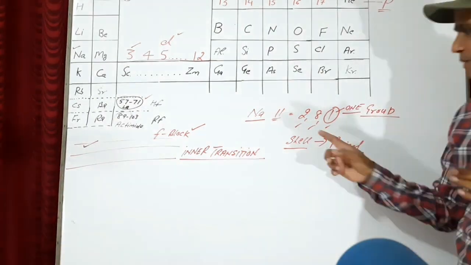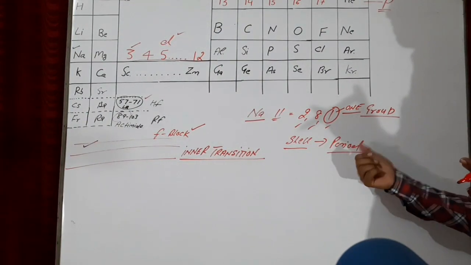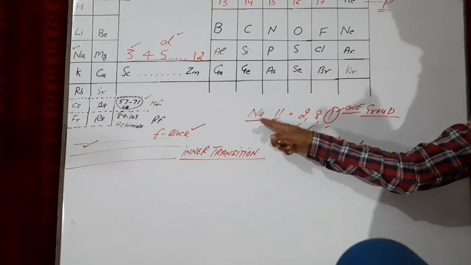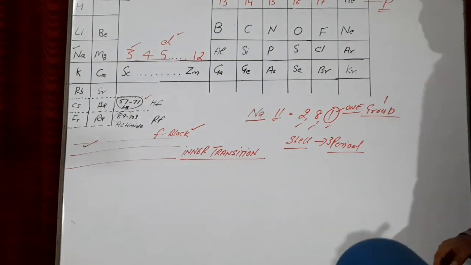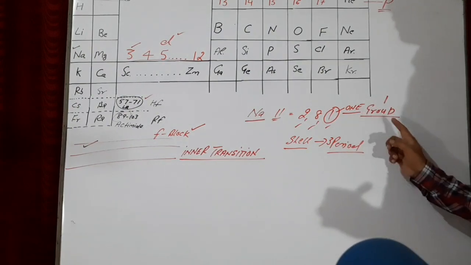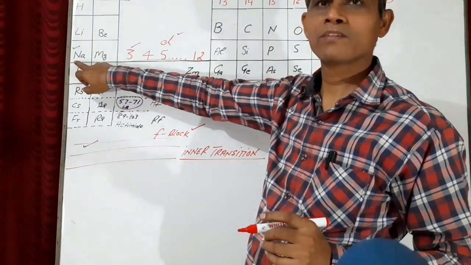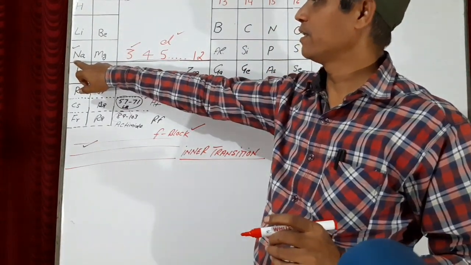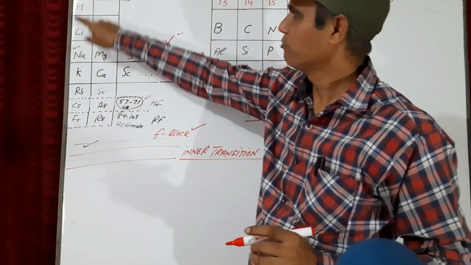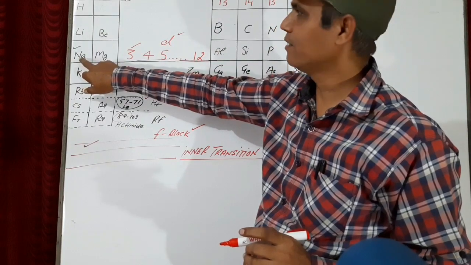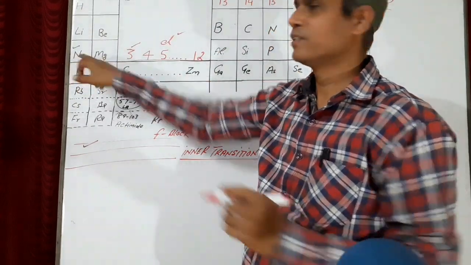The number of shells, for example, here I have 3 shells. 1, 2, 3. 3 shells. So the period is third. So this sodium element should be in the third period and in the first group. Third period, first group. Now, where is the third period? 1, 2, 3. And you have the first group, group number 1 is also there. 1, 2, 3, third period, and this is group number 1. So group number 1, third period, sodium.